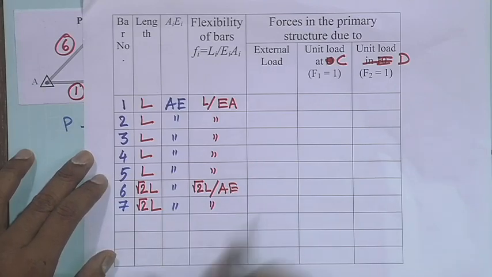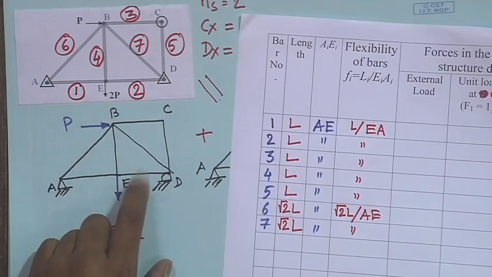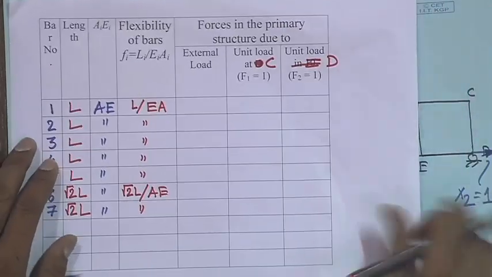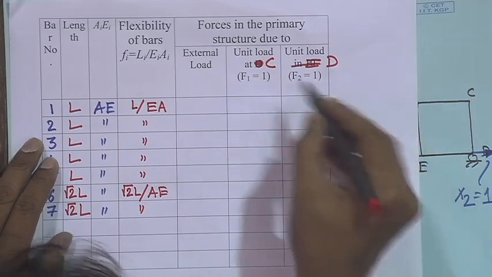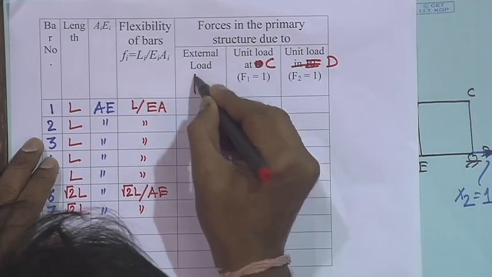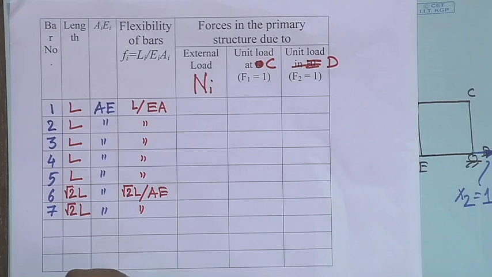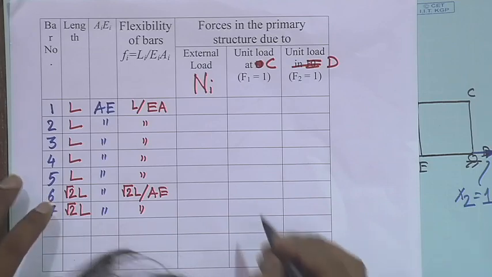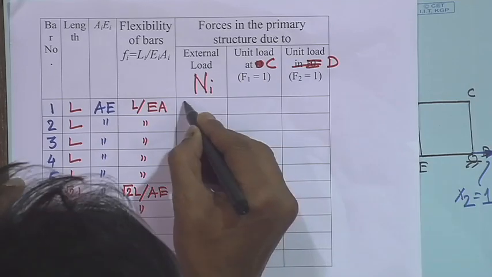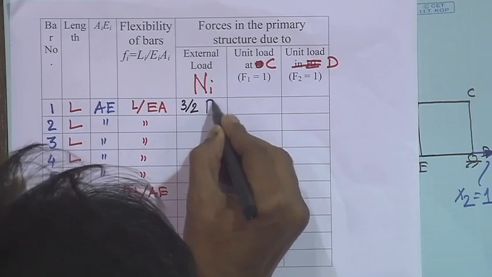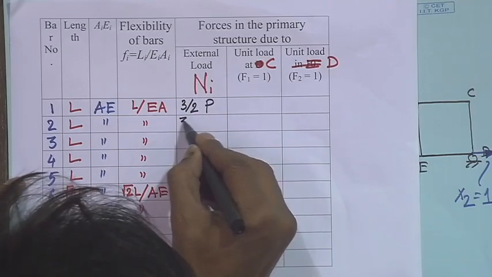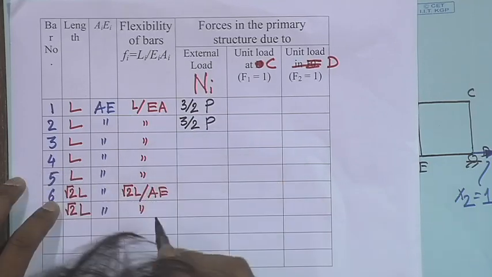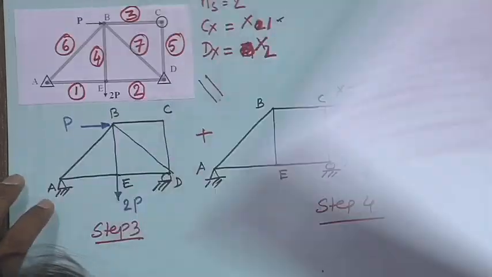Okay. Now, external load, when the structure is subjected to the external load. So, this is Ni. Okay. That is what we are using, and these values, let us write it. So, N1 becomes 3 by 2 p, please verify these values, 3 by 2 p, and but before that, before